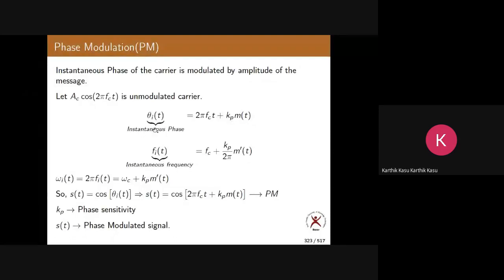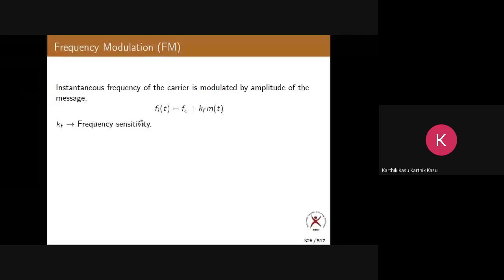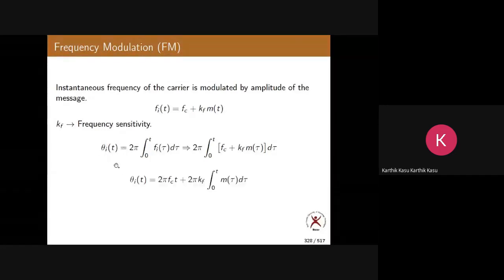So whether it is PM or FM, the important things are what? The instantaneous frequency and the instantaneous phase. For both modulations, you must remember the instantaneous frequency fi of t and the instantaneous phase theta i of t. Now, I told you yesterday also, this is delta f. It is called the maximum deviation. Maximum what deviation? Frequency deviation. The maximum of this, just now I told you, is kf m of t.